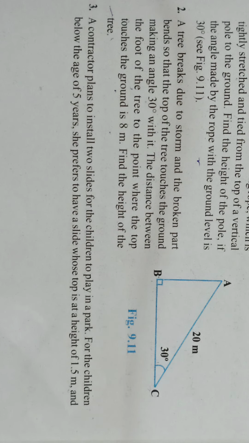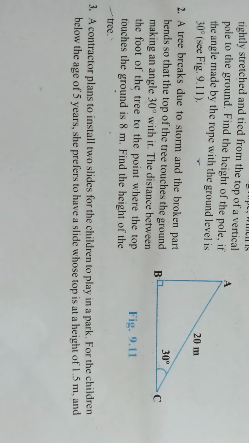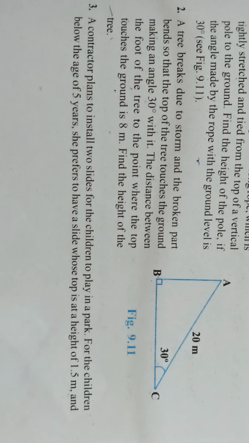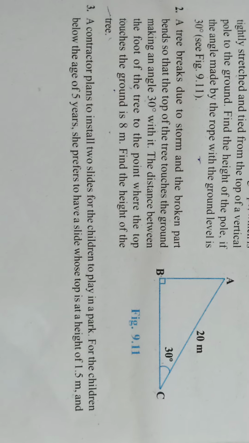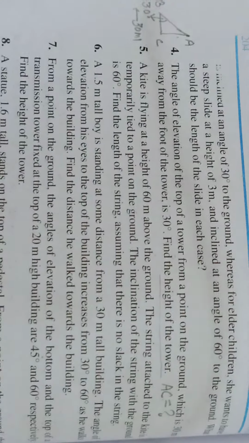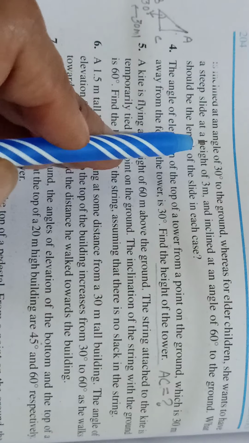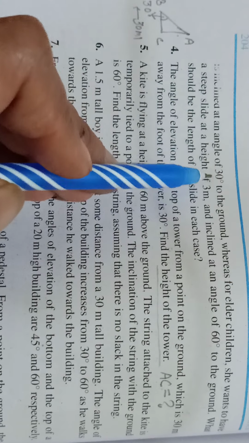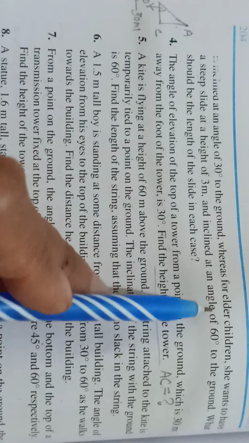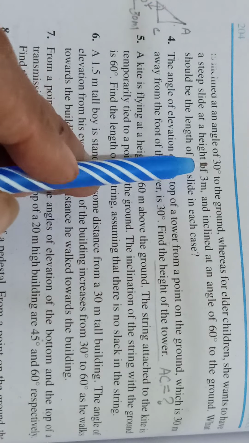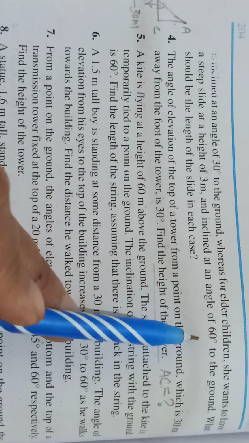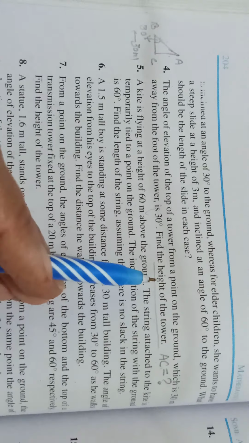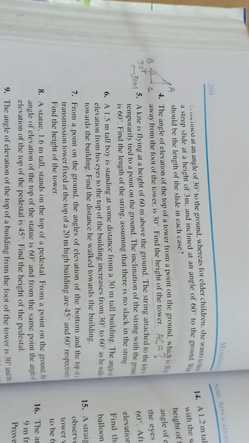Question number 3 is saying a contractor plans to install 2 slides for children to play in a park. For children below 5 years, prefers to make a slide whose top is at a height of 1.5 meters and the inclination is at the angle of 30 to the ground. And for elder children, another slide which is steeper, of height 3 meters and inclination now 60. Then you have to find the length of each of these slides. Okay, so